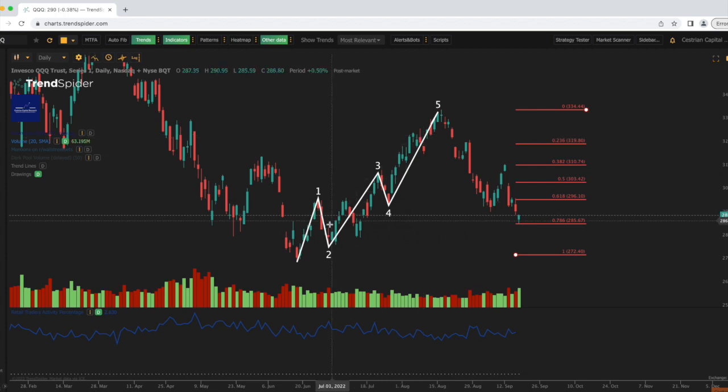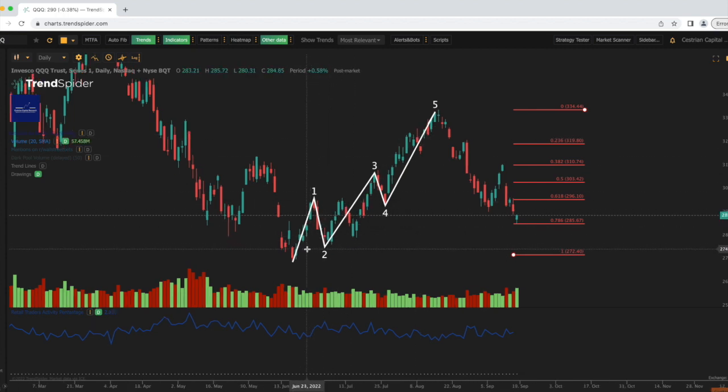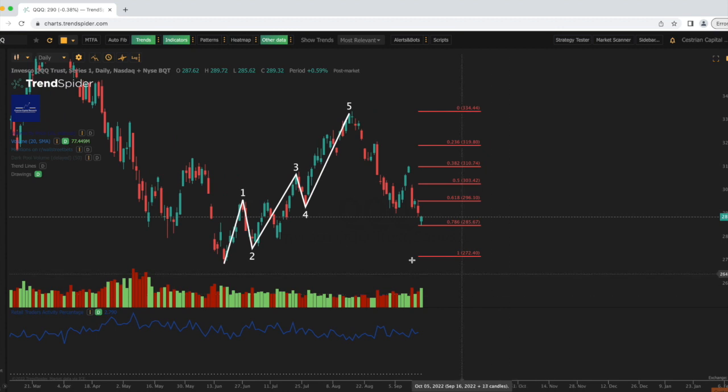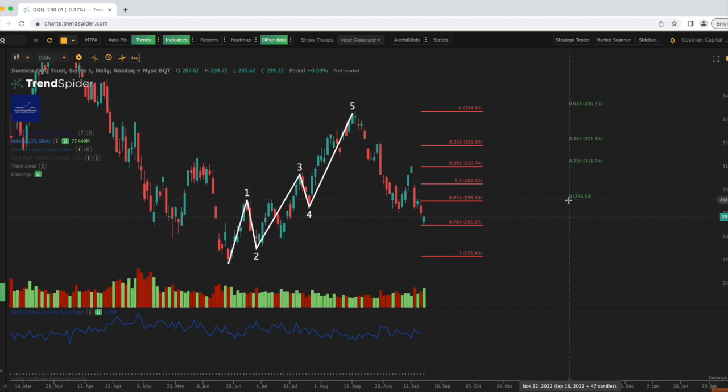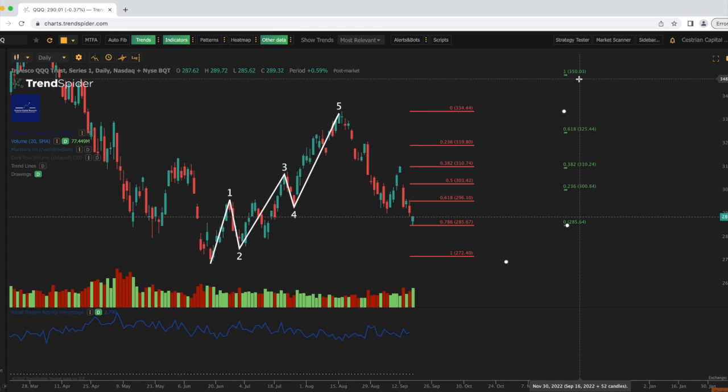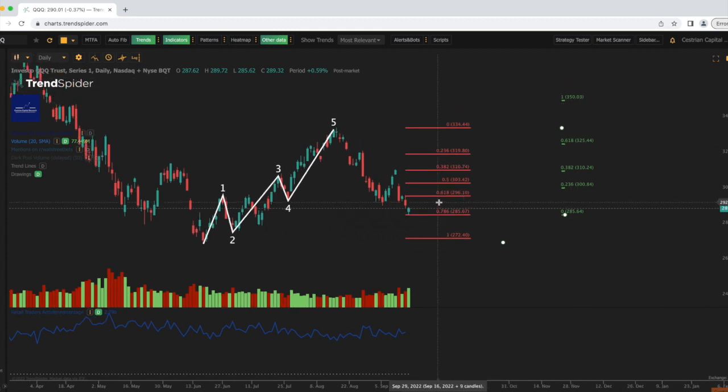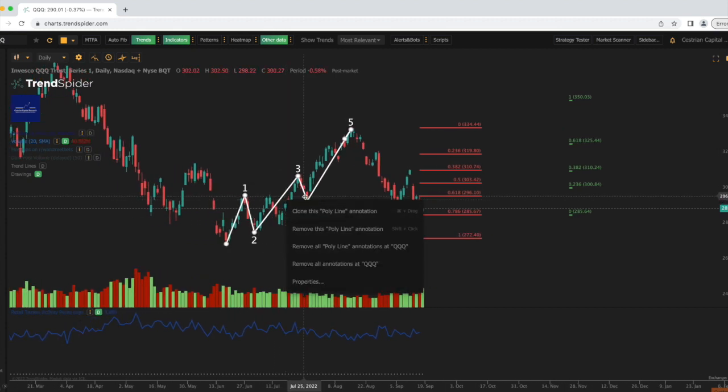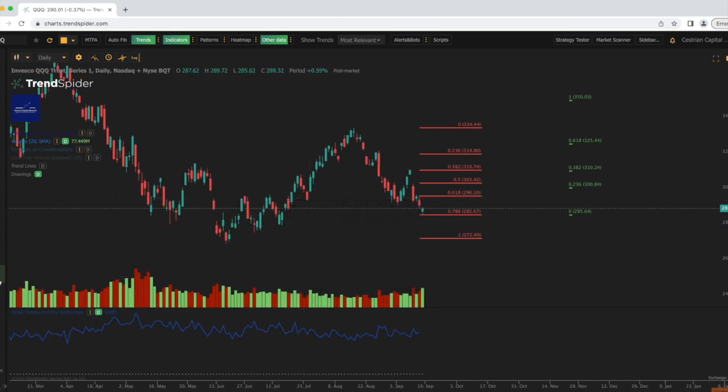Remember, 1, 2, 3, 4, 5 comprises a single larger degree wave 1 of the wave 1 up off the June lows. So what this means is the QQQ could be setting up for a wave 3 up. And we know where wave 3s can go to. They can go to at least the top of wave 1 and very often 100% extension of wave 1 and very often more than that. So if what we see here is, I'm just going to remove this right here and just plot this out in this